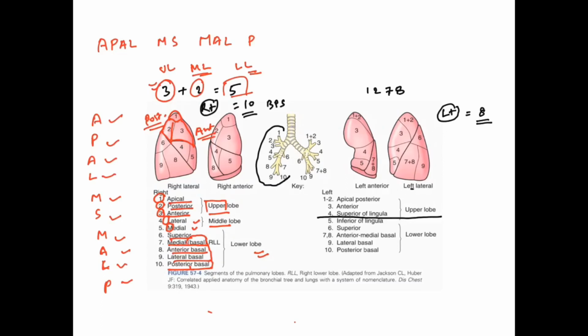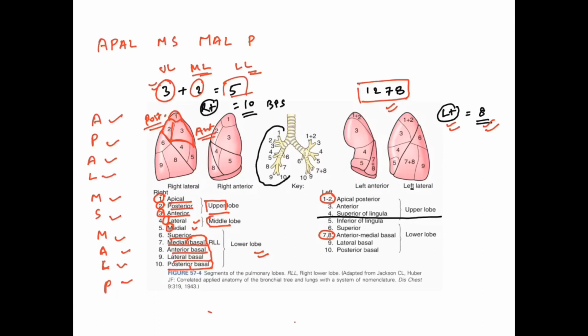Now coming to the left lung, the difference is that it has 8 bronchopulmonary segments. So this is remembered by 1217, 1 to 7. So the first 1 and 2 segments are together and 7 and 8 segments are together. Rest all is the same. The names of each segment are the same, except